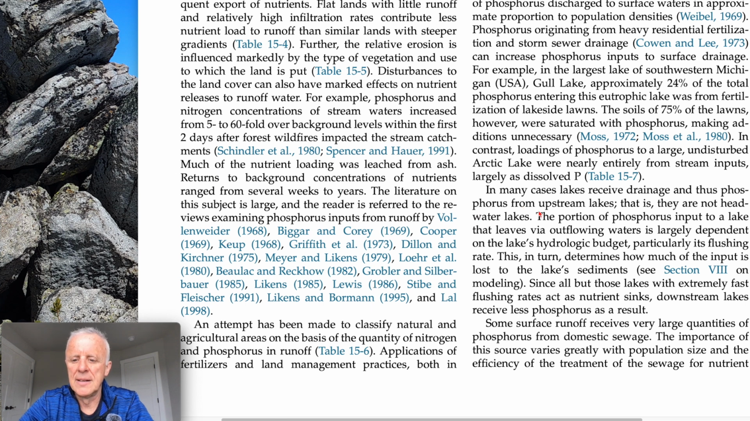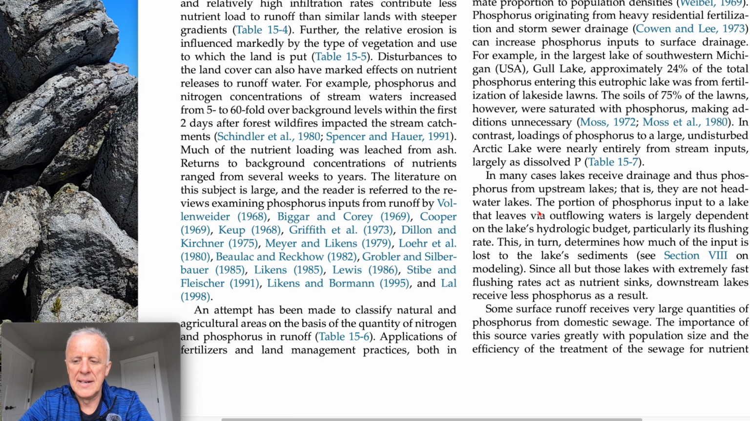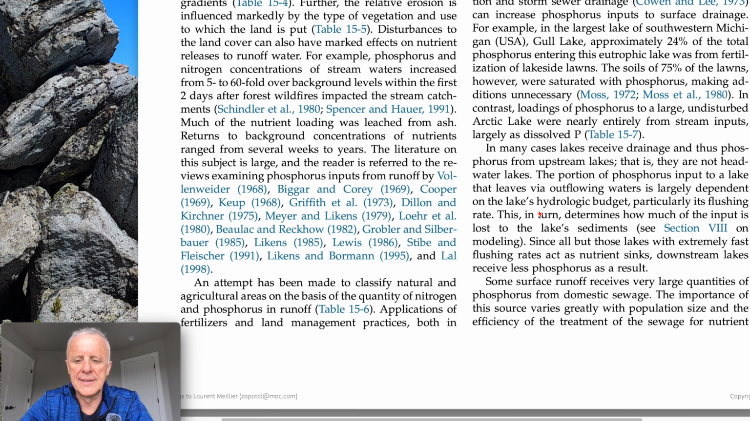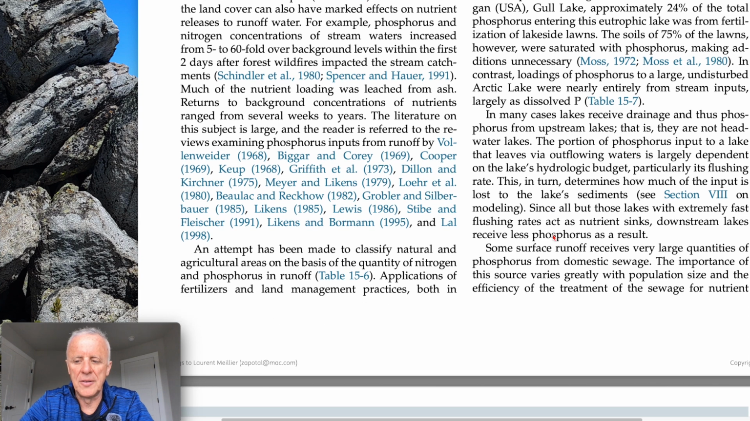In many cases, lakes receive drainage and thus phosphorus from upstream lakes. That is, they are not headwater lakes. The portion of phosphorus input to a lake that leaves via outflowing waters is largely dependent on the lake's hydrologic budget, particularly its flushing rate. This, in turn, determines how much of the input is lost to the lake sediments. Since all but those lakes with extremely fast flushing rates act as nutrient sinks, downstream lakes receive less phosphorus as